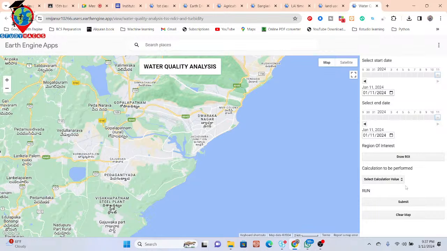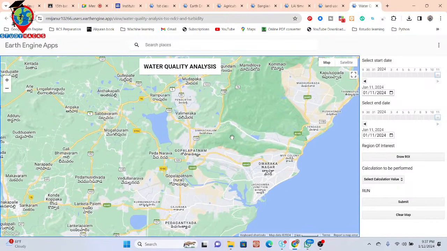So this time we have added only three parameters: turbidity, chlorophyll and TSS. Further, we will also try to develop for the others, like pH, COD or BOD. So this time, using this web application, you simply draw your study area, and before that, simply set